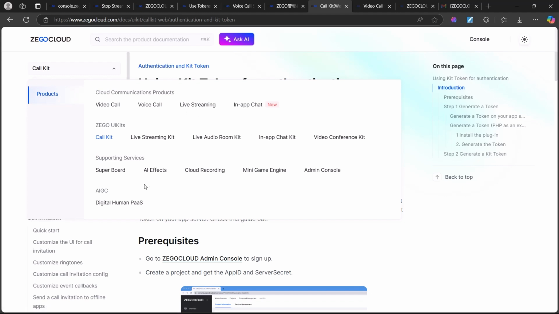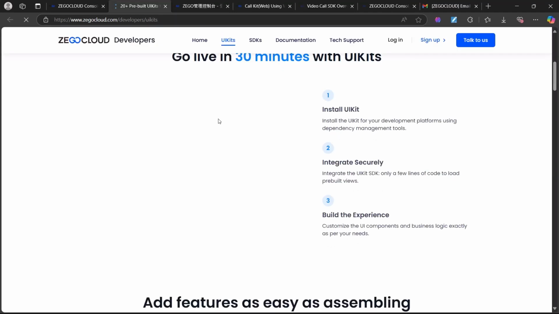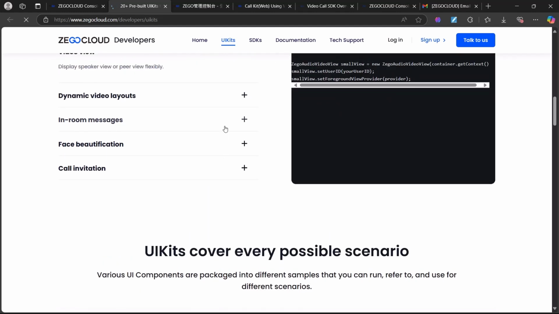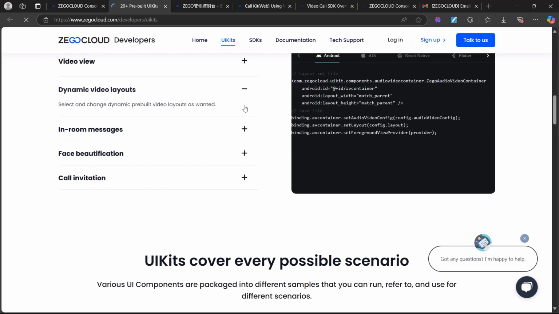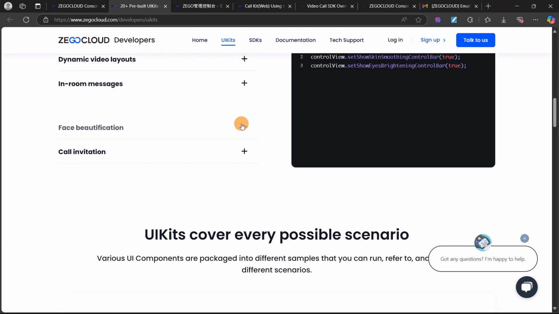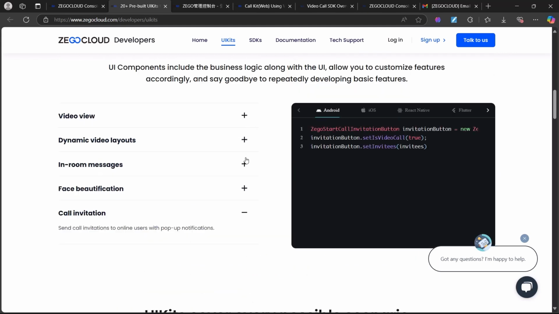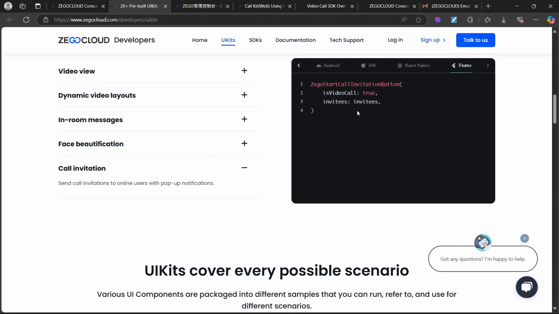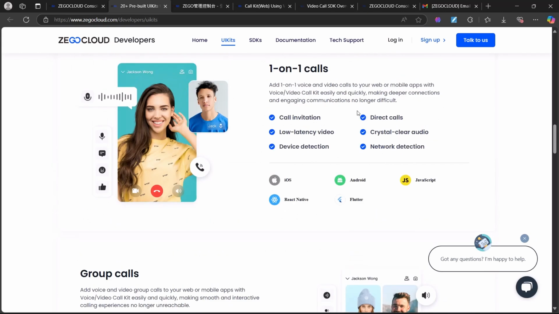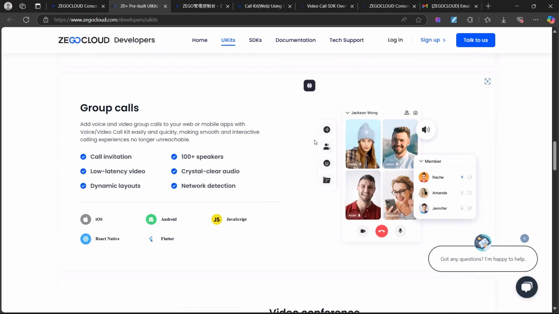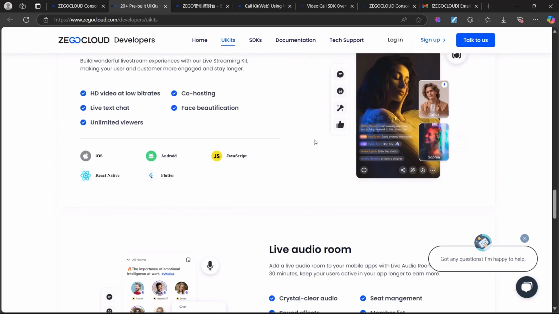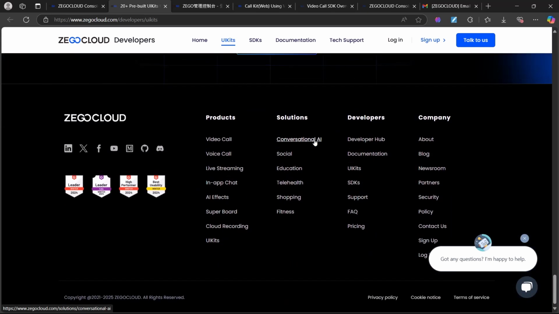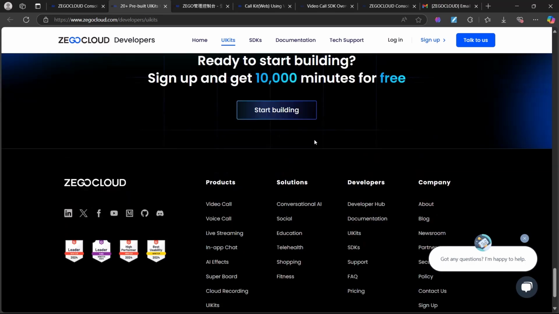You can go and check it out here. You can see that like install, integrate, and it provides dynamic layout, in-room message, face beautification. All these things I have explained to you, right? You can check the code for the React Native, Flutter, and all these things, right? And one-to-one call, direct call, and many features with this. So we have to write very little code, and we will get the fully functional video calling application,